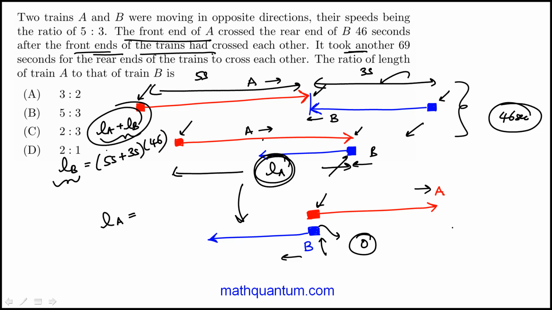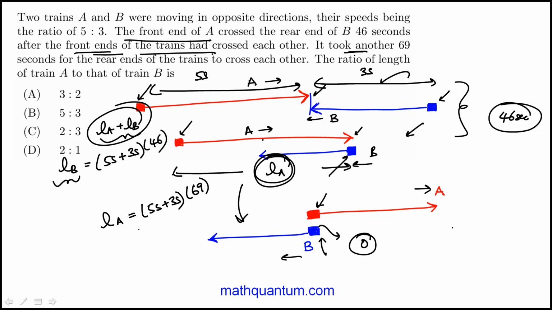Again, some of you might be able to see it without doing all this, but I had to do it, and I think for these types of questions, it's always good to do this kind of visualization, because you will see variations in the future as well. So L sub A would be 5s plus 3s, because they're traveling in opposite directions,